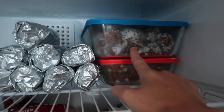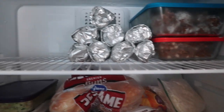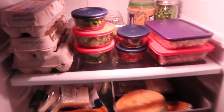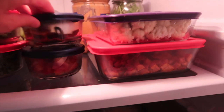So starting here in the freezer, up top we have snacks. So we have yummy balls, we have brown bag burritos to send with Elisha for lunch, and we have frozen peanut butter and honeys for the kiddos. We also have here this incredible stuffing, and there are the chicken thighs with skin on them that I'm going to stuff this into. Down here in the refrigerator, we have chopped cilantro, chopped broccoli, chopped kale, chopped bell pepper,